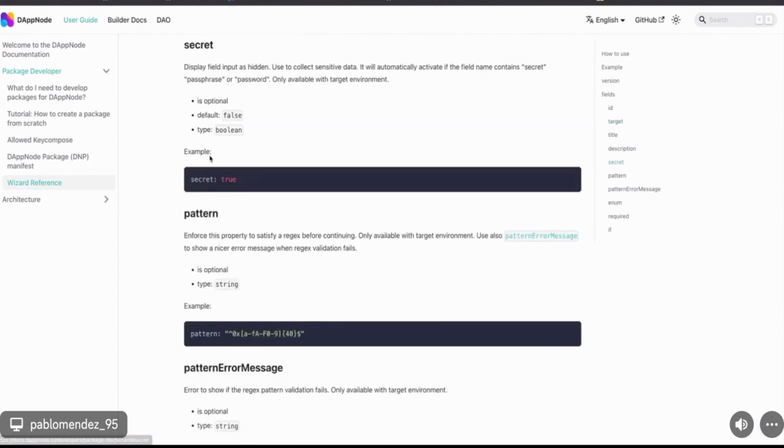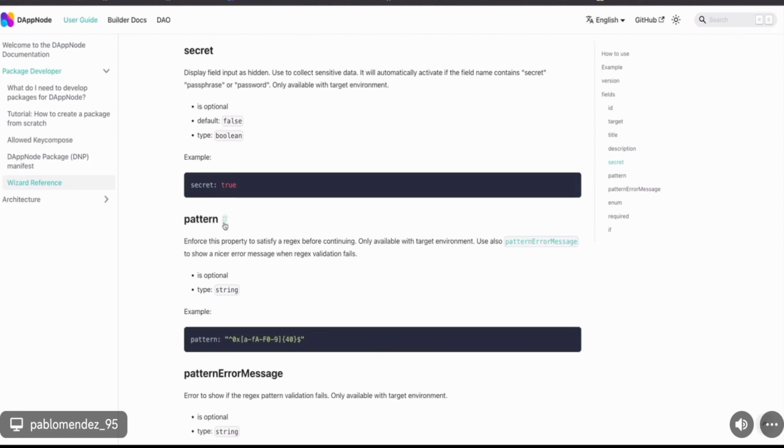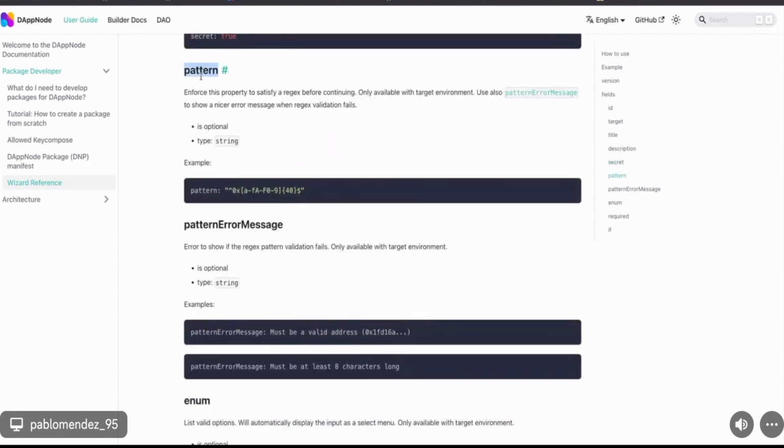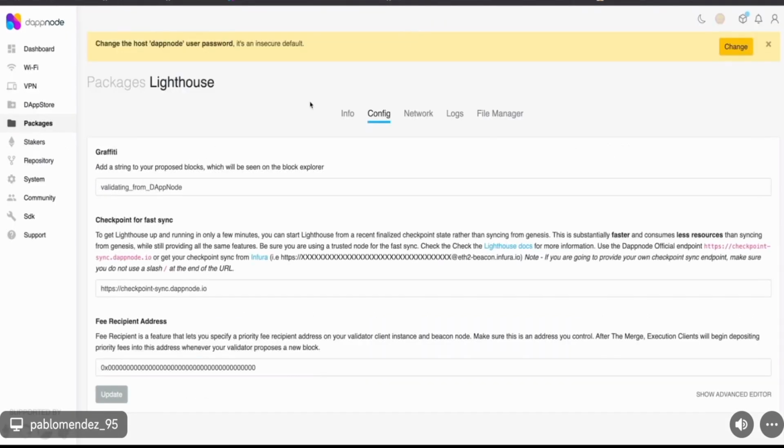So secret: if you define this to be a secret, it will mean that during installation it will be shown as just symbols without the characters. For instance, if you want to set a password, you don't want to show it in plain text. You can also set this pattern value, which I think is better to show to you.